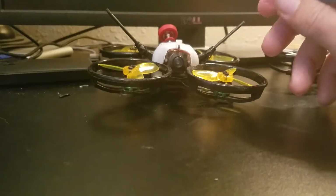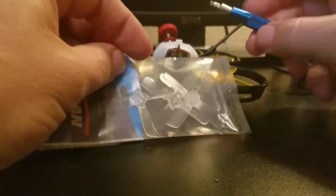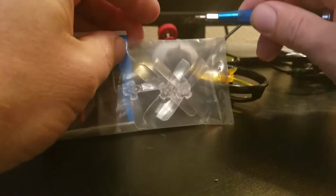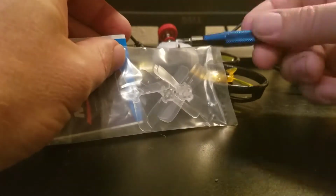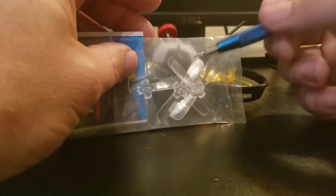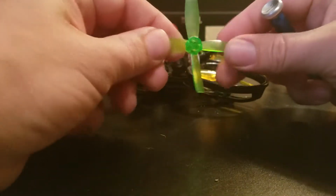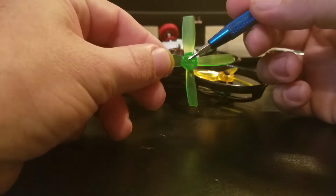But I was running the 2035 gym fans, and they're good. I think they're a little too small for this type of quad, but then again, if you're not running any guards and you have a different preference, it's all in preference. So I'll leave that as it is. If you are running without prop guards, I would suggest the